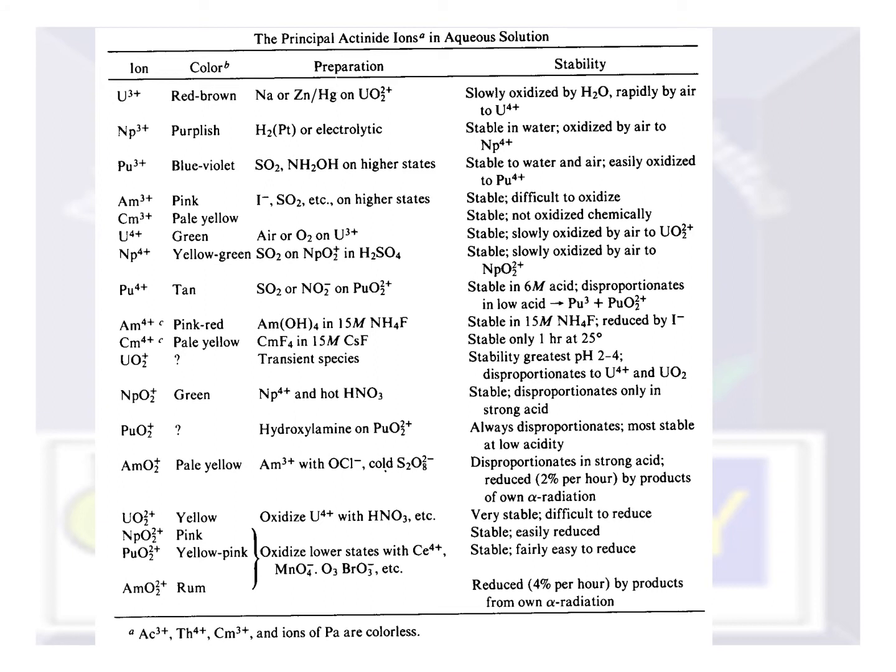So if we don't do this, it will remain as uranium 3+. Neptunium 3+ is purplish in color and it is stable in water, but it will be oxidized by air to neptunium 4+. So if we need neptunium 4+, we can take neptunium 3+ and oxidize it in the air. Okay, likewise all these ions' colors are listed out, the preparation of those ions and the corresponding stability, the next oxidation state is also being given here.